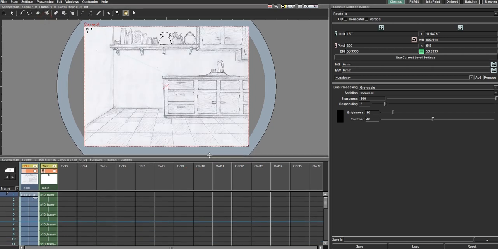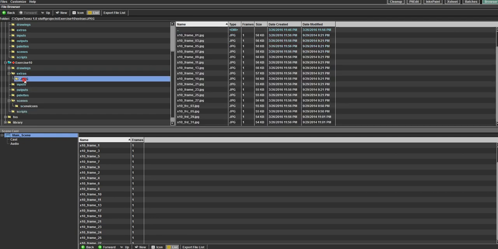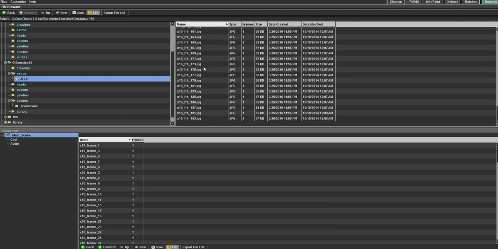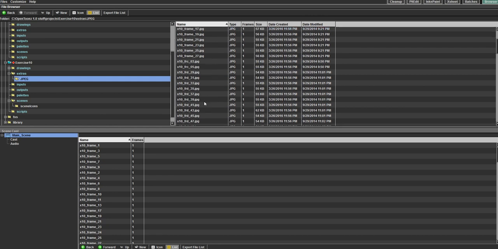Now I'm kind of getting ahead of myself. So importing frames, if you're like me and you're more of a traditional animation nerd, I've just been dragging and dropping them in here, or pulling them from the browser hierarchy. And you can see I kind of stashed them in the extras. I just have a folder that I grabbed and stashed in here. And I have these terrible names, so don't name anything like I've been naming things. But